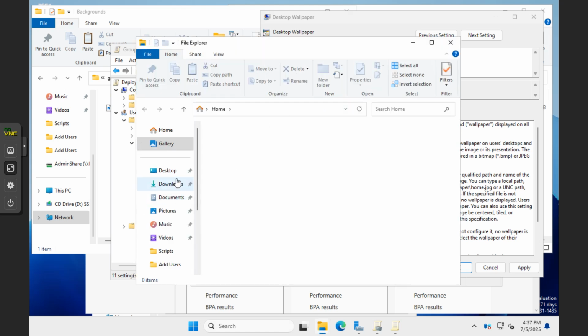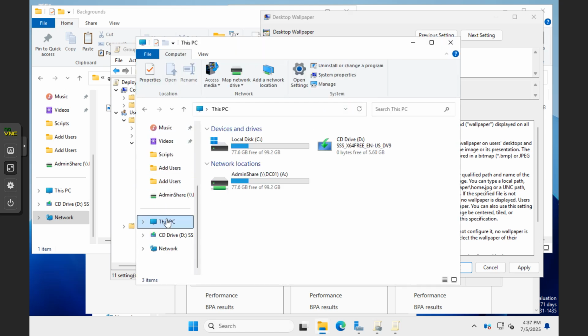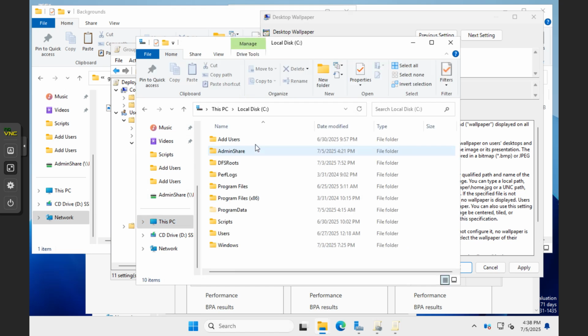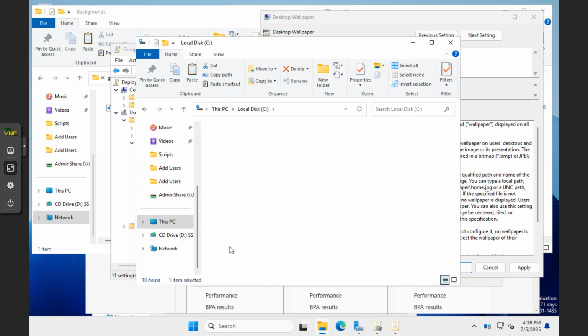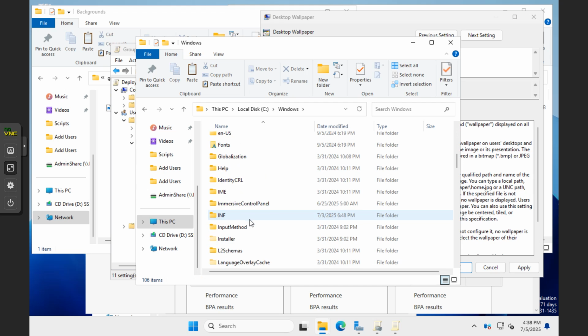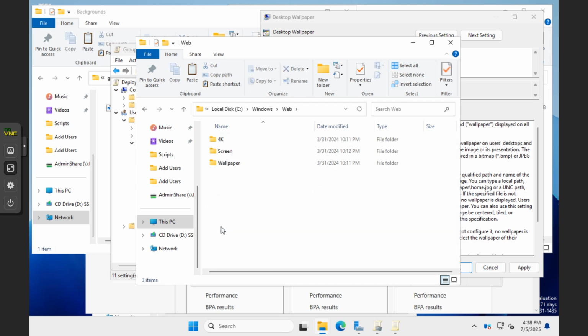and we're going to go to This PC right here, and then we're going to go to Windows, and then we're going to scroll down to Web, because that's where Windows normally stores its wallpapers by default. And as you can see, wallpapers are in there, right? That's where it stores all its wallpapers. So inside of here, we're just going to create a new folder, a custom folder, which is fine. So we can just do custom